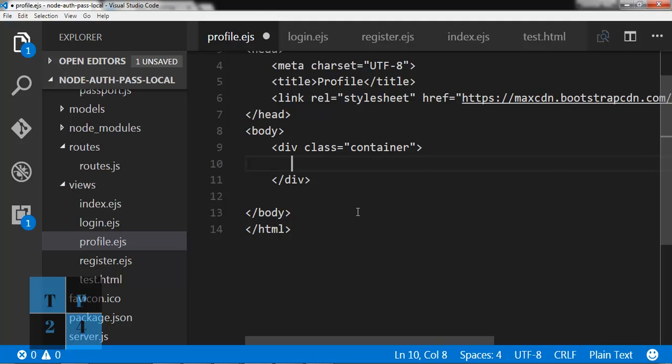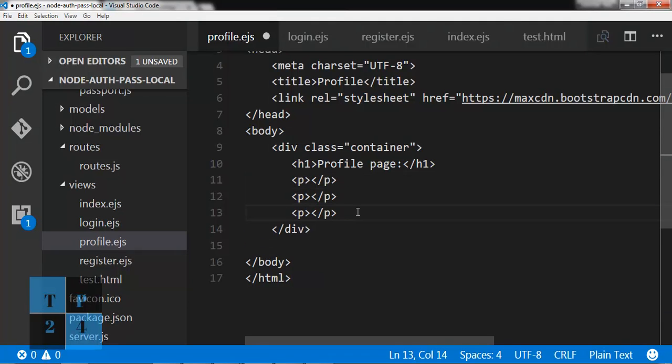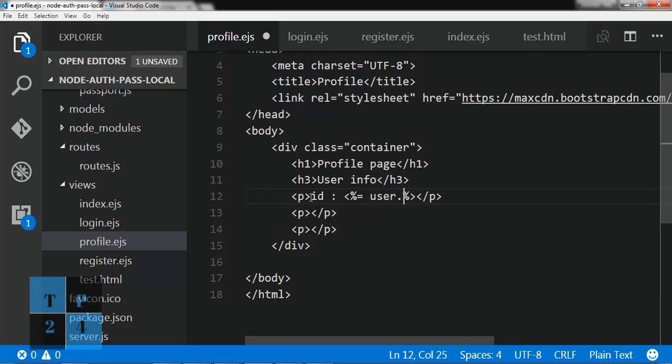I'm going to write an h1 header, profile page, h1 closing tag, and here I am writing some p tag and copying it, and here I am writing another tag, user info id, user dot underscore id, and similarly I'm copying it, pasting it, pasting it, and the rest of the things will be